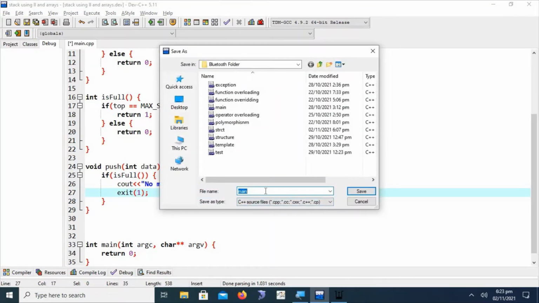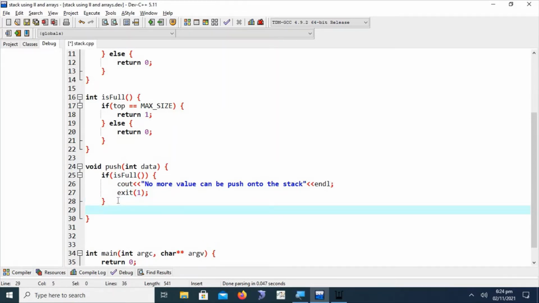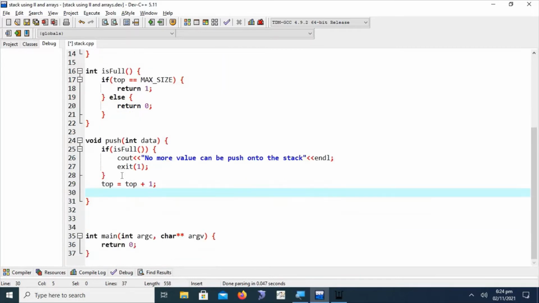We are going to save this file before compilation. Stack, exit 1. Else, if this condition is not true, then we have to perform this operation as we have seen in the demonstration: top is equal to top plus 1, and we push the provided value onto the stack, at top position equal to data.